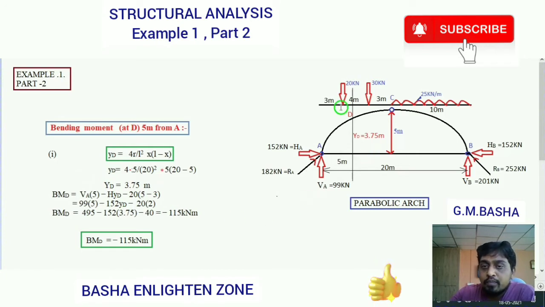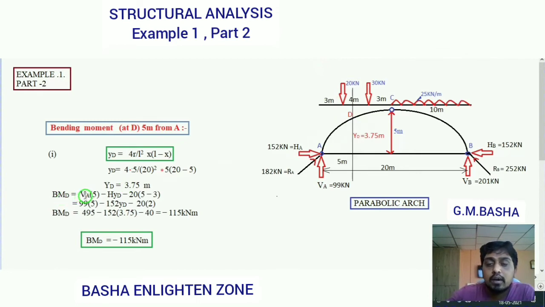After knowing this, the entire arch will be resolved up to this point. The entire loads and given vertical points will be resolved up to that point D. So this is our point D. See here, bending moment at D. So I am resolving all moments about D. What forces are acting here? Vertical reaction is acting, horizontal one is acting, and one given vertical load is also acting at that particular point.